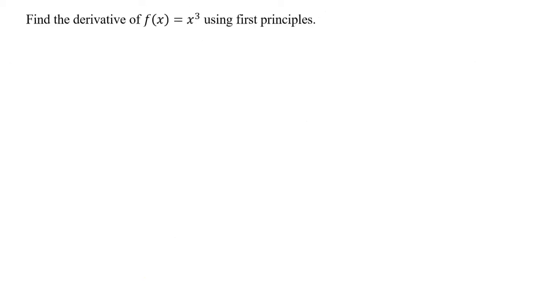So when answering these sorts of questions, obviously the rule is very straightforward. We multiply by the power and subtract 1 from the power. But if we want to show this using first principles, and this idea that the gradient of the second line approaching a distance of h equals 0 will approach the gradient of the tangent at that point, then we need to use the formula. So if f of x is x cubed,